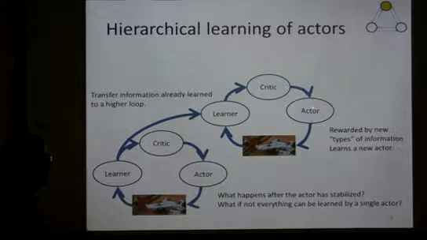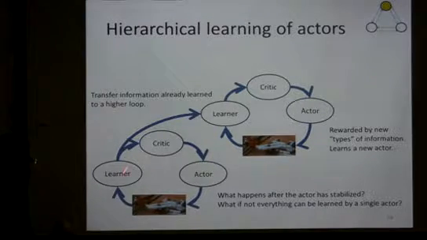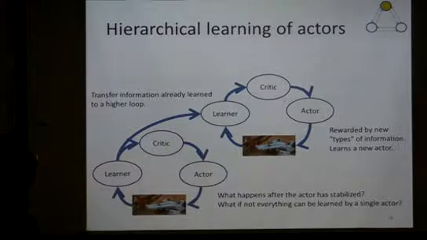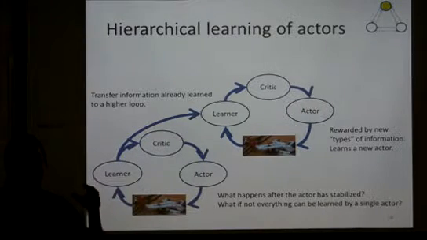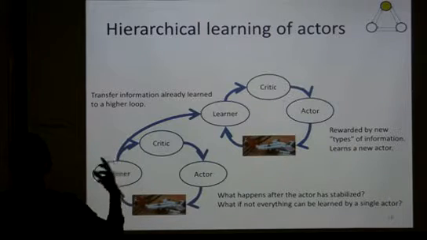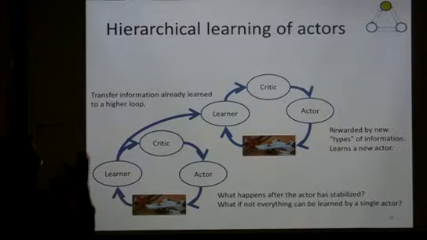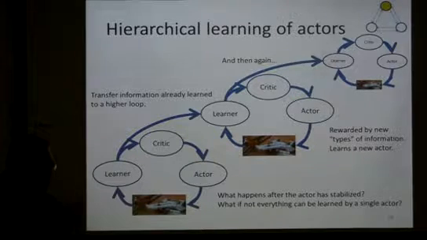The point here is that now this loop is rewarded by different things, because things that were novel in the previous level are no longer novel because you learned them. So now different things are going to be novel in this loop, and the actor that will converge will be different. If you learn one thing in an optimal manner, but there is another thing that you want to learn, you start the next loop. There's the other feature, another object in the environment, and you won't look at the same object again because it's not novel anymore. So you'll shift your behavior to a new feature in the environment. And then you can do it again and again in a hierarchical or sequential manner.